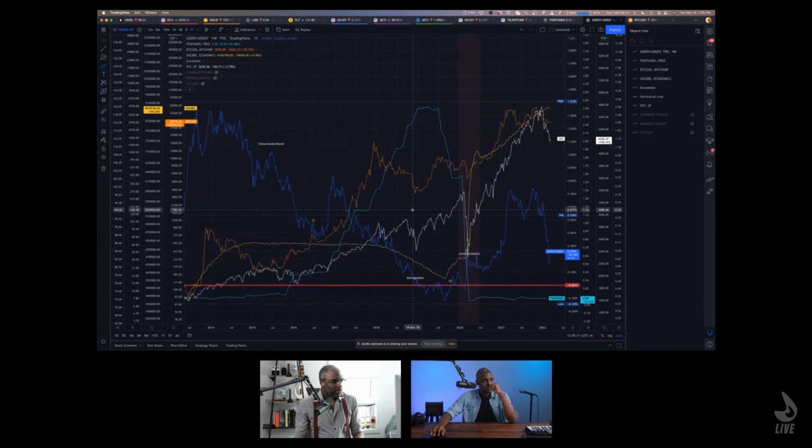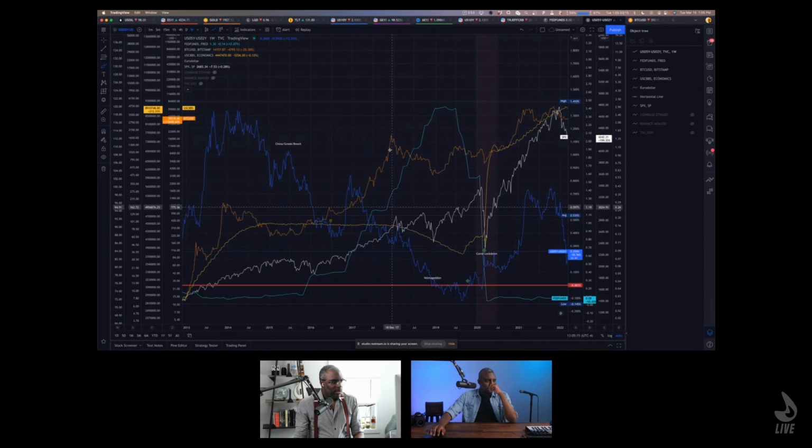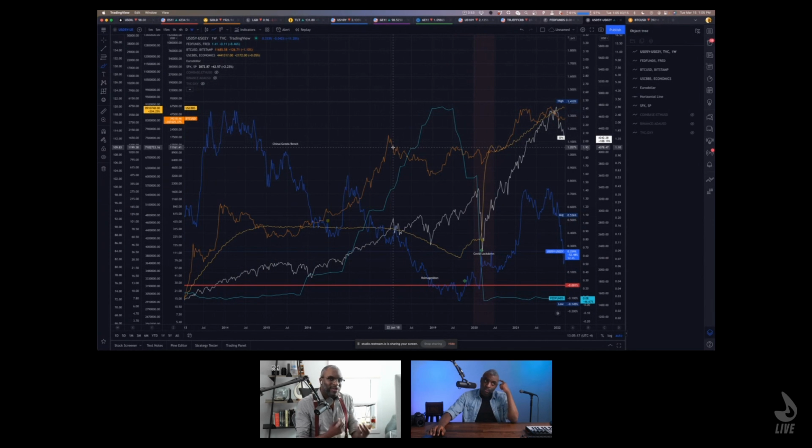So let's just zoom in here. The orange line peaks, rolls over. Bitcoin is far more sensitive than the stock market because the amount of money in the Bitcoin space is less than the stock market. Long term holders trade the stock market less than Bitcoin speculators might, and so you see things turn in the crypto market far sooner than you see it in the stock market, which is great. The crypto market itself is a leading indicator for financial conditions.